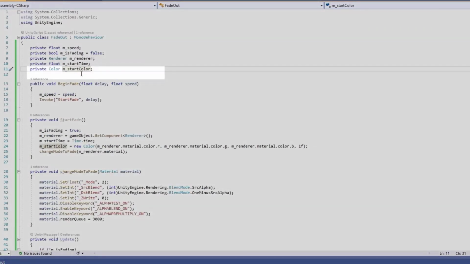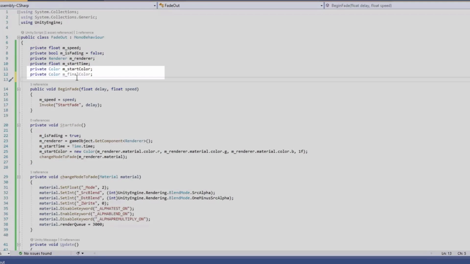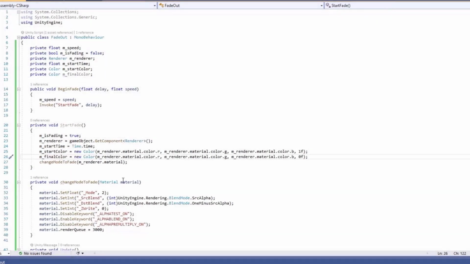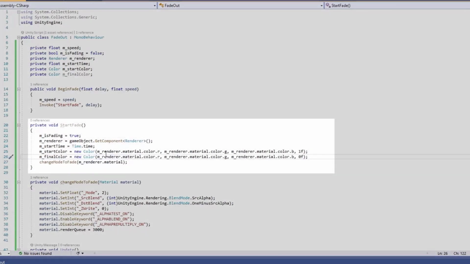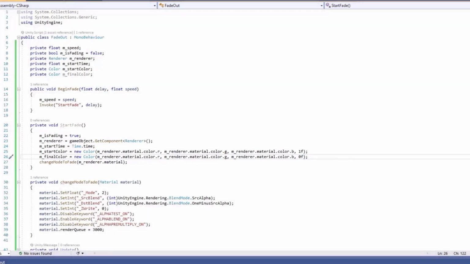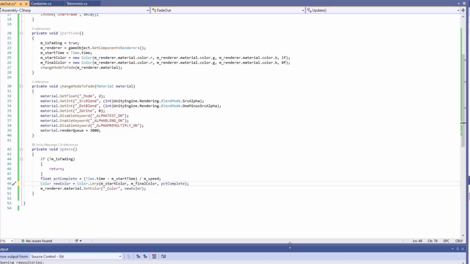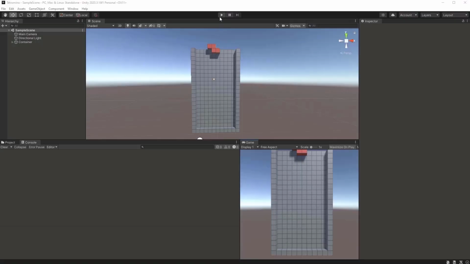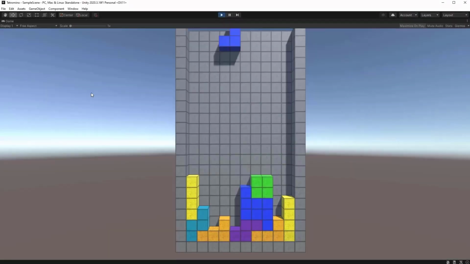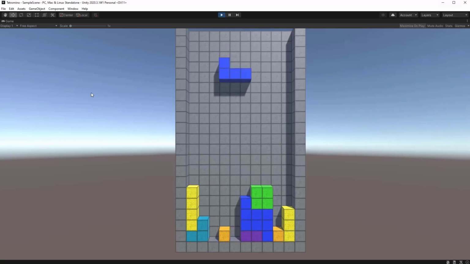Okay, so I've renamed this variable to start color, and I've created a new variable called final color. Over here I'm setting the start color equal to the material color with a 1 for the transparency, and the final color is the same as the material color but with 0 as the transparency. In our alert method, we're going to use the start color and the final color and pass in the percentage complete, and then update our color that way. Alright, now let's see if this works. All right, you can see the transparency is working